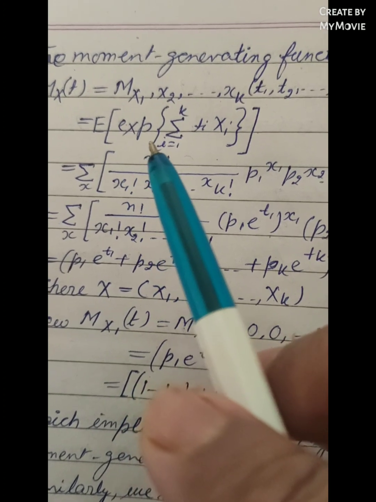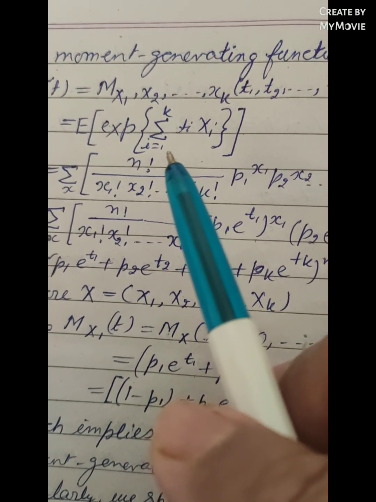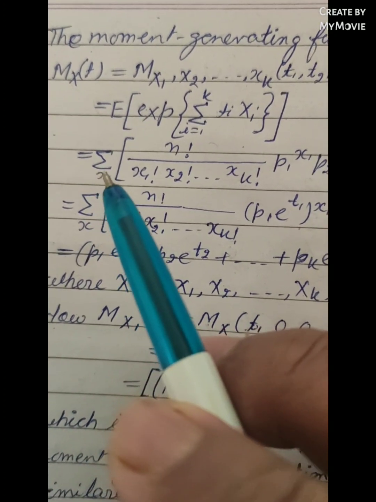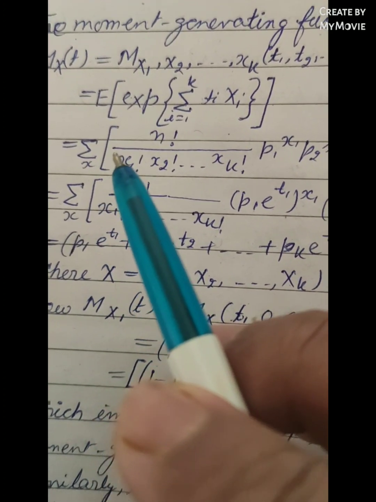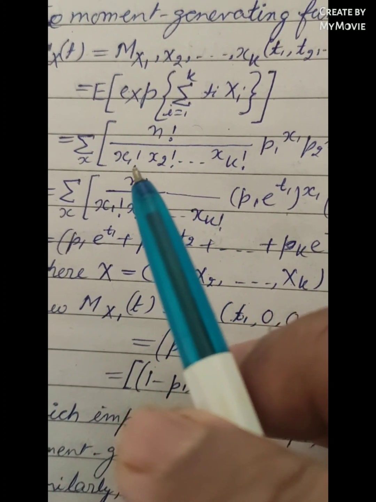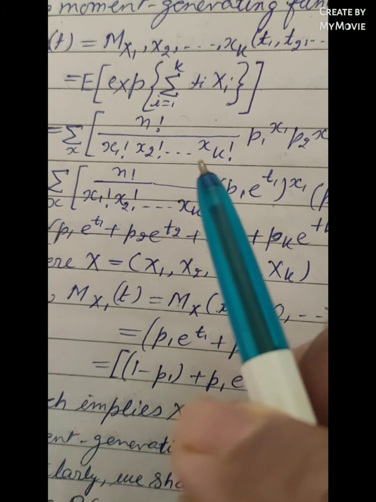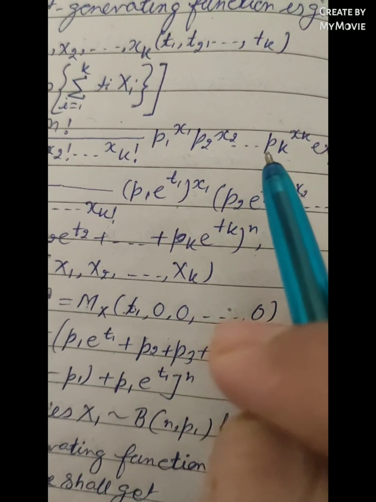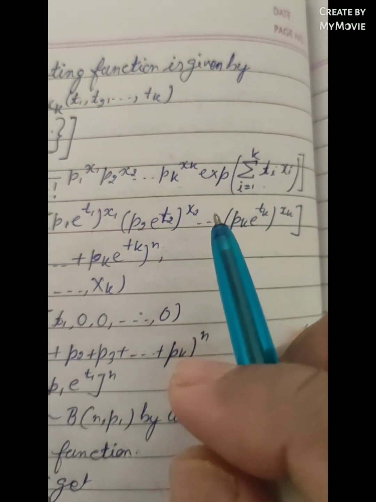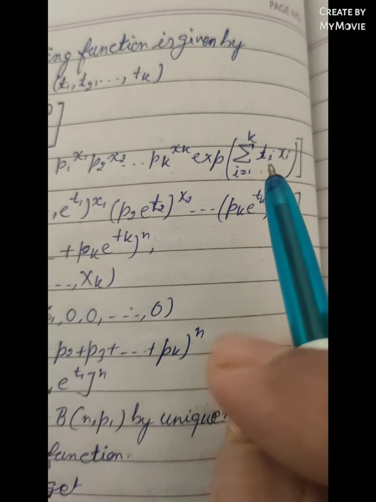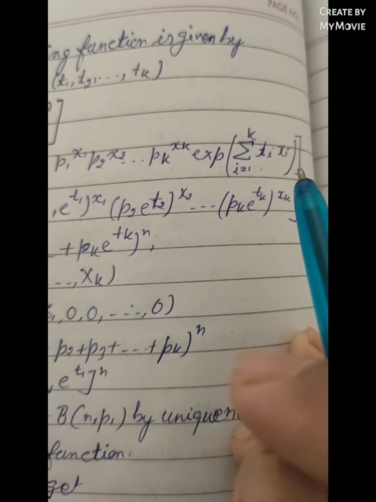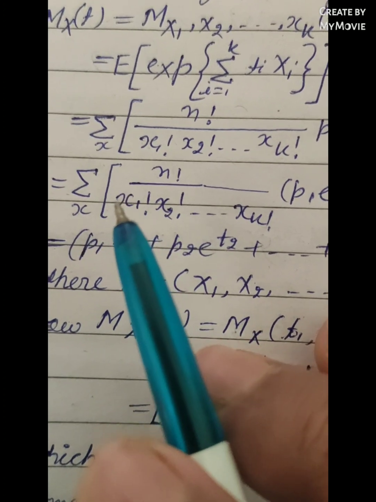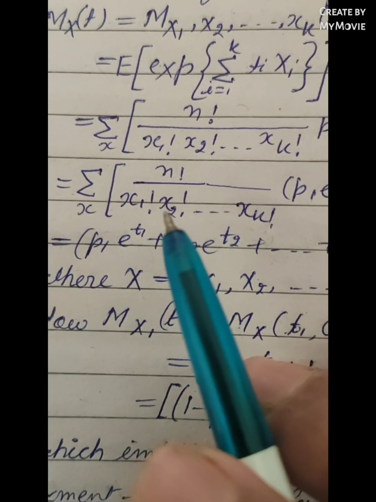which is equal to E[exp{sigma i varying from 1 to k ti xi}], which is equal to sigma over x of [n factorial upon x1 factorial x2 factorial ... xk factorial, p1 raised to power x1, p2 raised to power x2, ..., pk raised to power xk, exp(sigma i varying from 1 to k ti xi)], which is equal to sigma over x of [n factorial upon x1 factorial x2 factorial